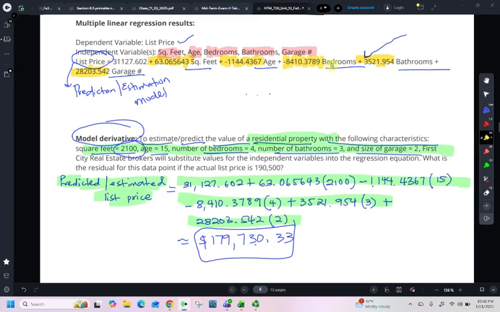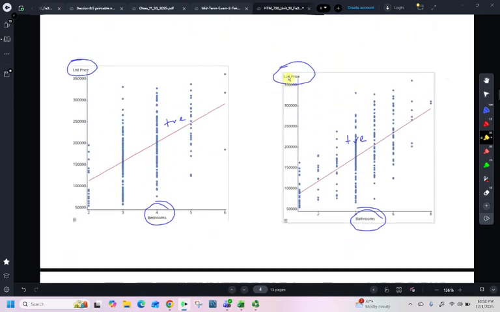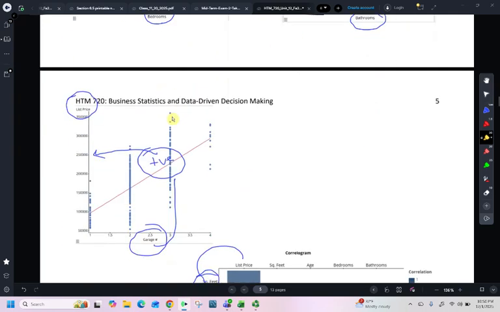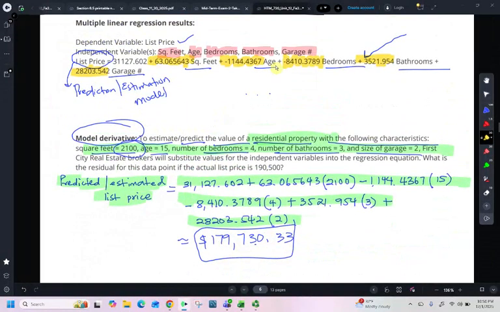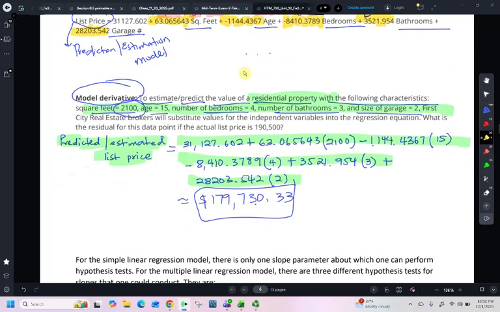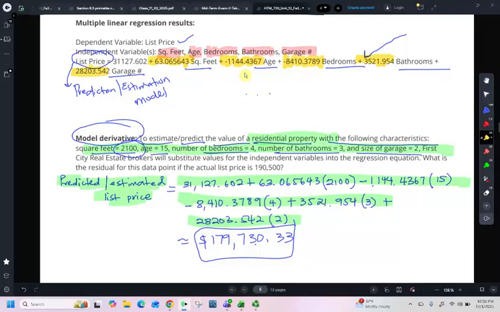Then bedrooms, number of bedrooms, negative. Let's see what we saw earlier when we looked at list price versus bedrooms. This is supposed to be positive. Why is that the case? I want you to keep this in mind because later we'll find ways to address this. This might be telling us that our model is not the best model. And so there might be room for improving the model. Okay? Now that begins to throw a little bit of